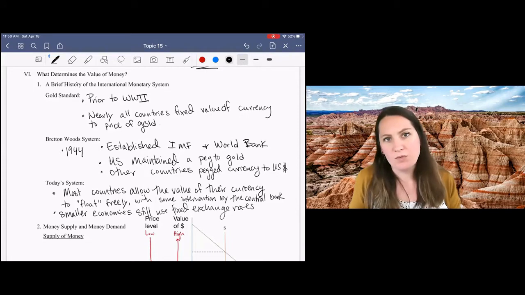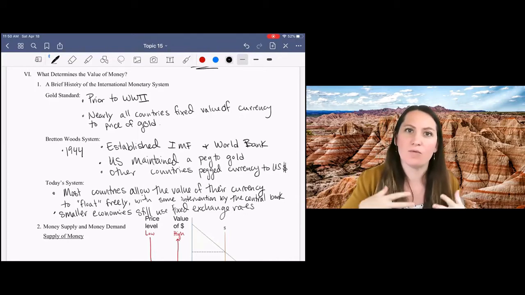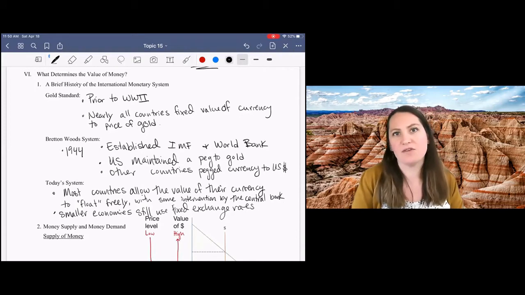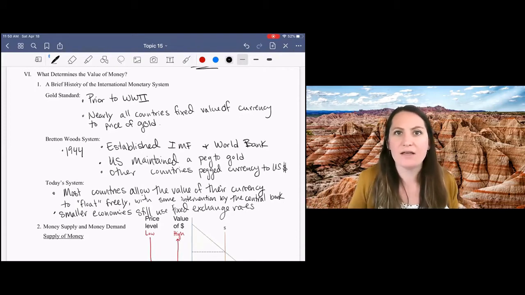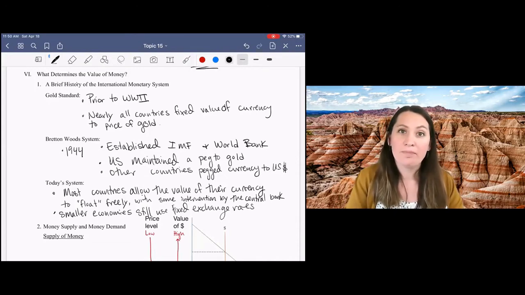Now, in World War II, you know that the economies in Europe were largely destroyed, right? As well as the infrastructure. The war really took a huge toll on the economies of Europe. So as the war is coming to an end, the Western powers get together at this conference called the Bretton Woods Conference, and they try to figure out how they're going to rebuild after the war.